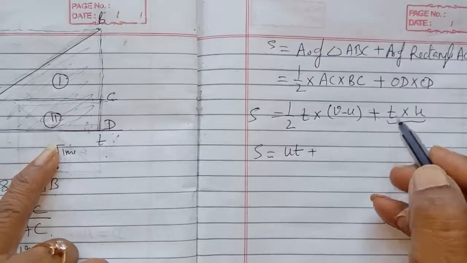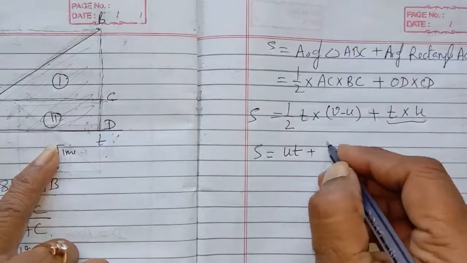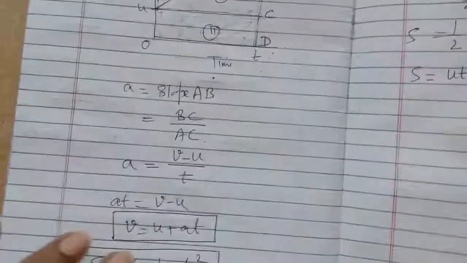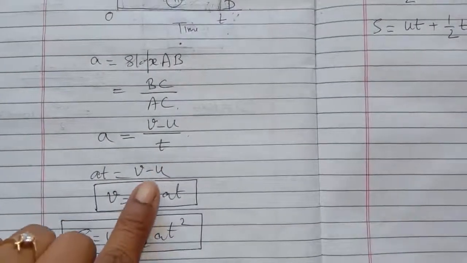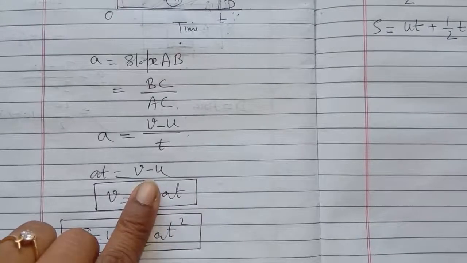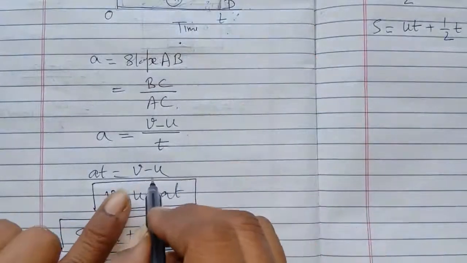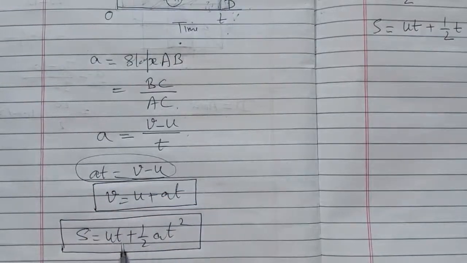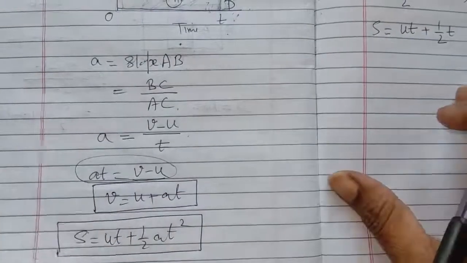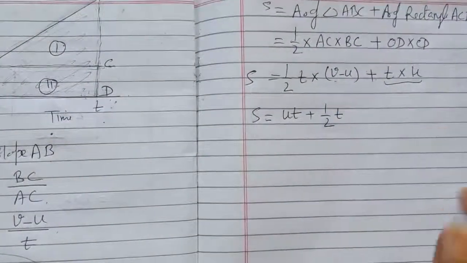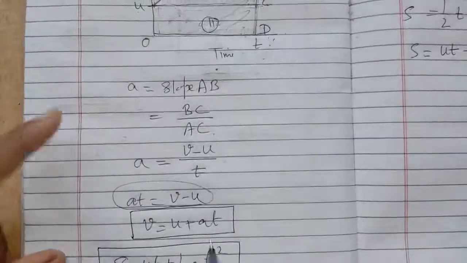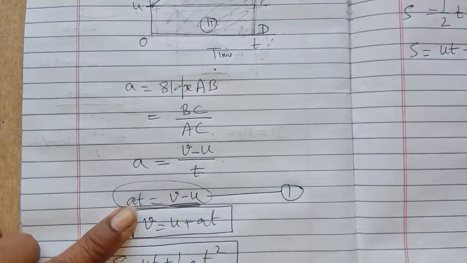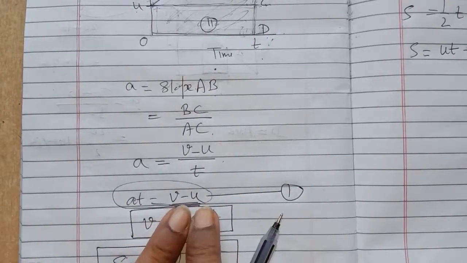तो ये U इंटू T तो हो गया UT, प्लस हो गया half T and V minus U. So now we have to take this first equation of motion. Here in first equation of motion we find the value of V minus U. देखो, सेकंड इक्वेशन ऑफ मोशन में V कहीं नहीं है ना, और यहाँ पे हमारे पास V आ रहा है. तो हमने क्या करना है, फर्स्ट इक्वेशन ऑफ मोशन से यहाँ से V minus U की वैल्यू निकालनी है. Write it like the equation 1. यहाँ से V minus U की वैल्यू निकालनी है और यहाँ पुट करनी है.